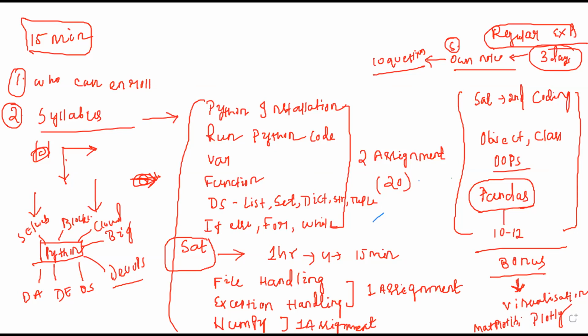Each coding test has 4 questions, very high level, and you will remember me when you go for a real-time coding test in real interviews. You will feel the same vibe here, right? When you attend the coding test, the same kind of question level will be there. And along with that, you will get around 7 to 8 assignments module-wise. In total, you will get 70 to 80 questions. Each assignment will have 10 questions to practice.